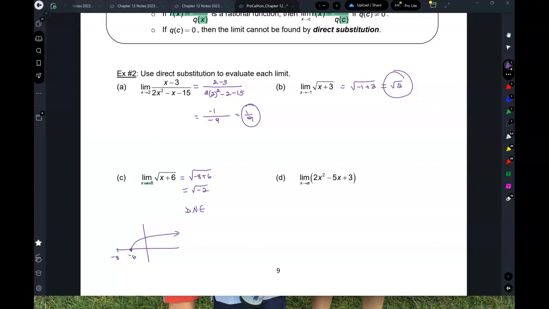All right, here we go. The limit as x approaches a of this, well, now just direct substitution with a. So 2a squared